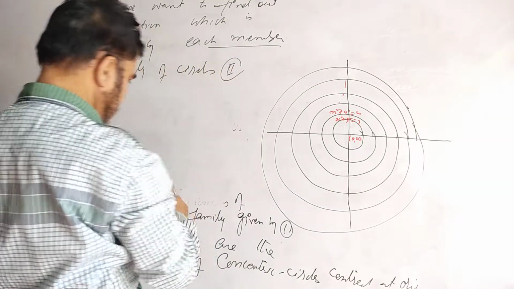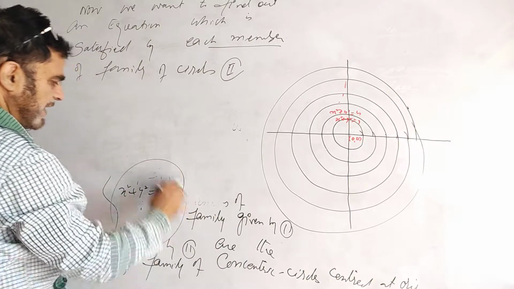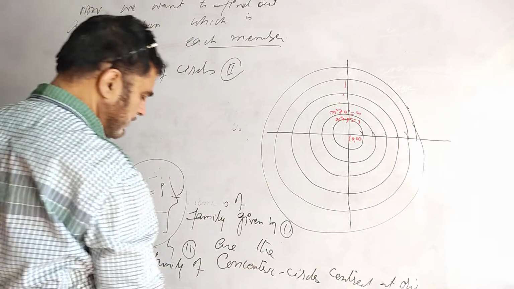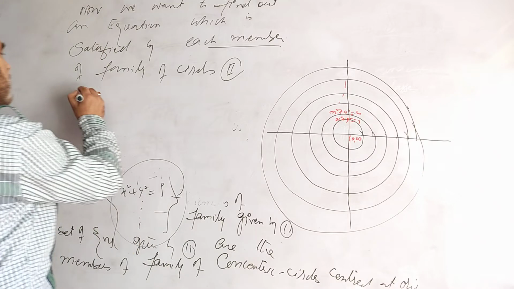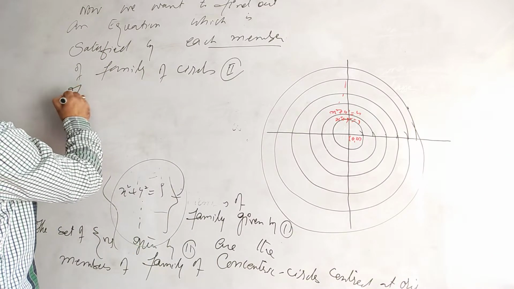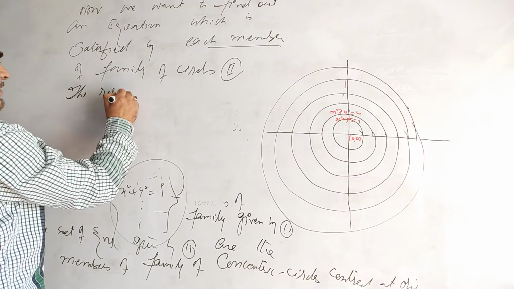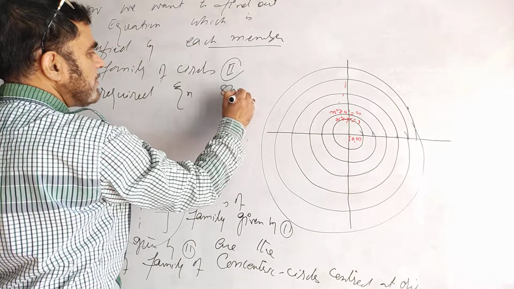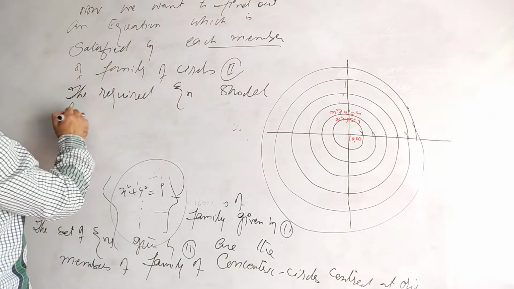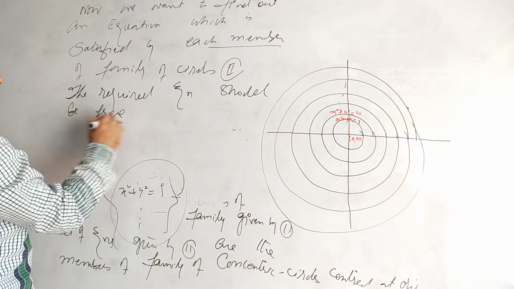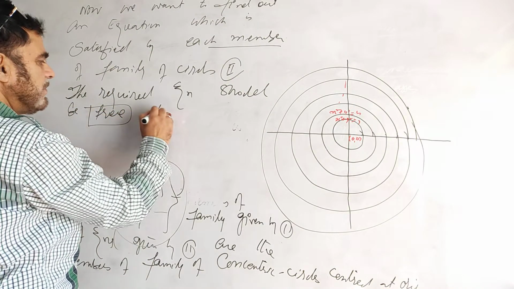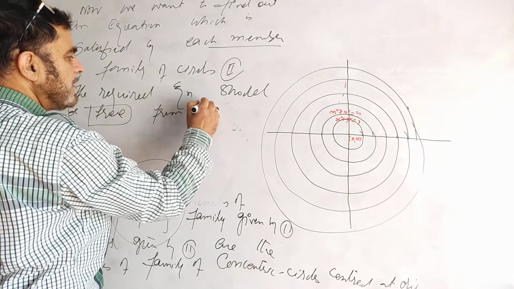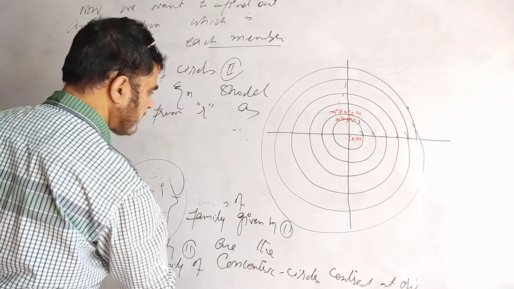I name this family second. For each member of the family of circles, the required equation should be free from r,